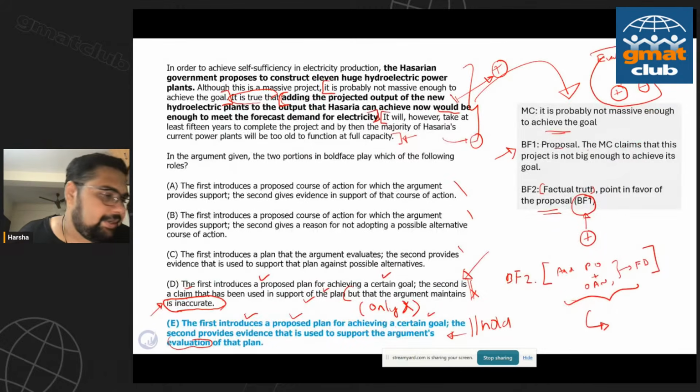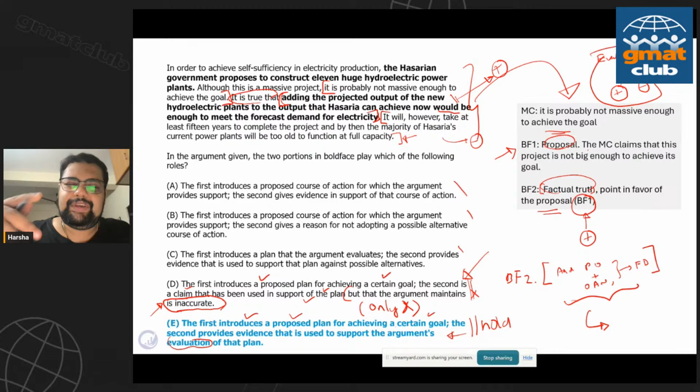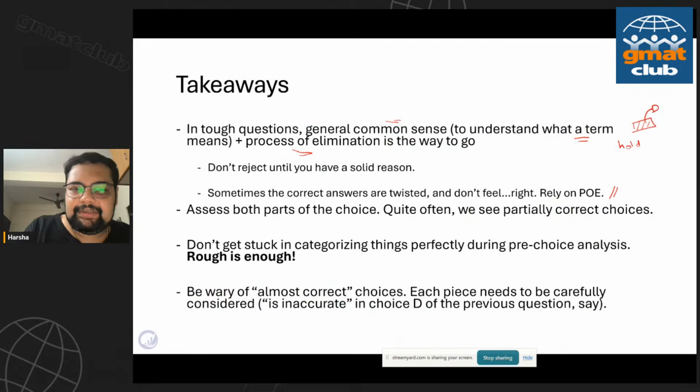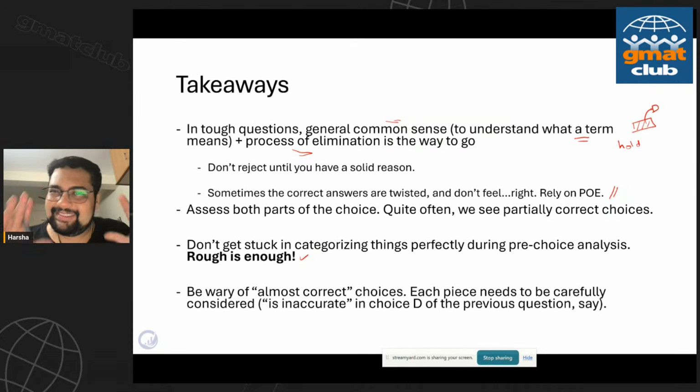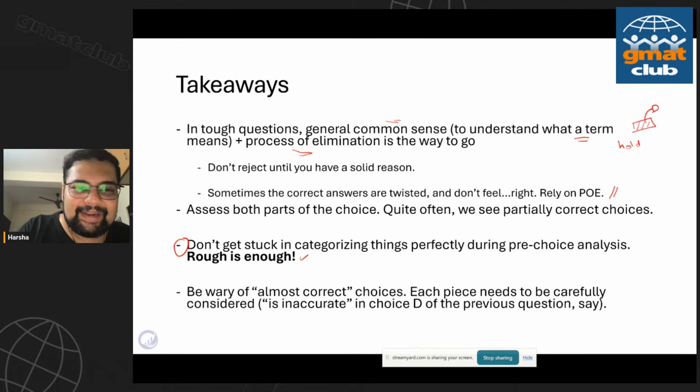In everything that you've seen me do here, you would have seen that I'm not overly obsessed with categorizing these boldface 1 and boldface 2 very, very granularly. I really mean it when I say rough is enough. Very roughly, okay, this seems to be some evidence that's supporting the conclusion. This seems to be the author telling me something which goes against the conclusion. It seems to be a consideration. Okay, great. Those may not be the exact words you see, but that is enough. Don't over-obsess over categorizing perfectly, because that's where you have the choices. Don't waste that much time on this. Be practical here, right? But do some level of analysis before you go to the choices.